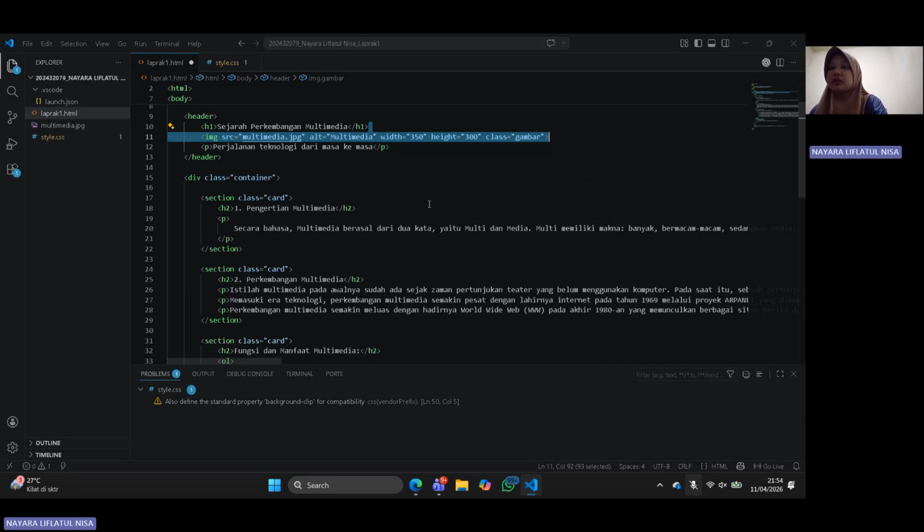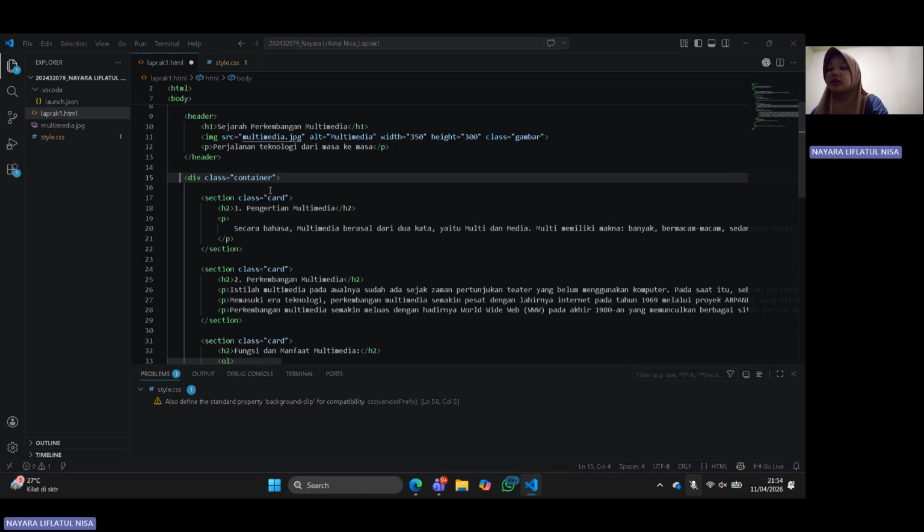Next, I use the class container to wrap all the content. This helps control the layout and keeps everything aligned properly. Inside the container, I create multiple sections using the section tag.